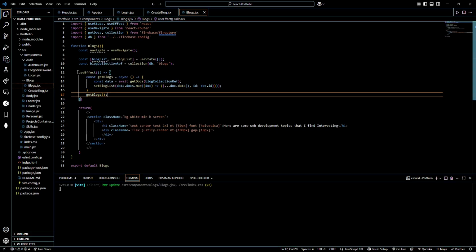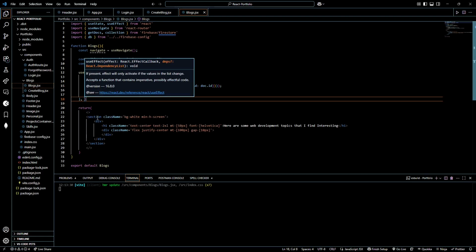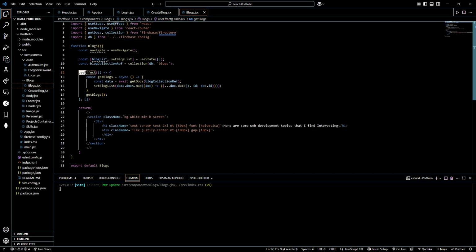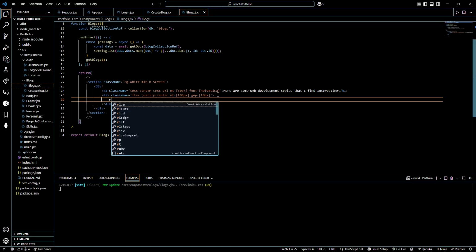So now we've initialized our useEffect hook. We just need to add the dependency array, just leave it empty. Okay, we've initialized this. I will explain this later on, but essentially we're creating a function that's going to get the blogs. Then we store the blogs in a data variable, and then we get all the blogs and add them to the list. Our list here, blog list. Now in this empty div that we have here, we'll create